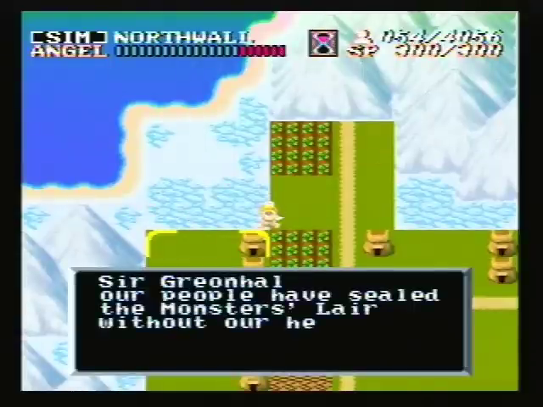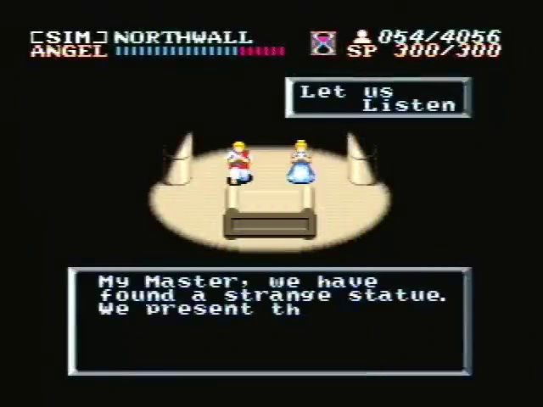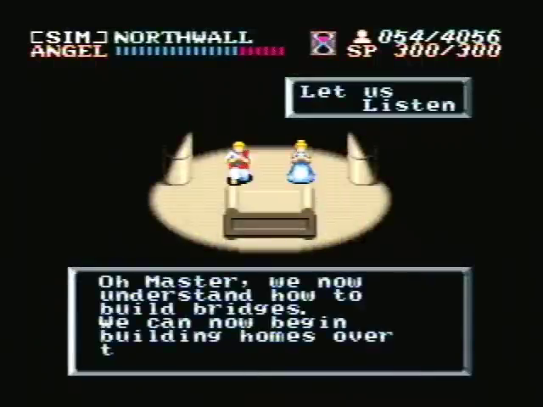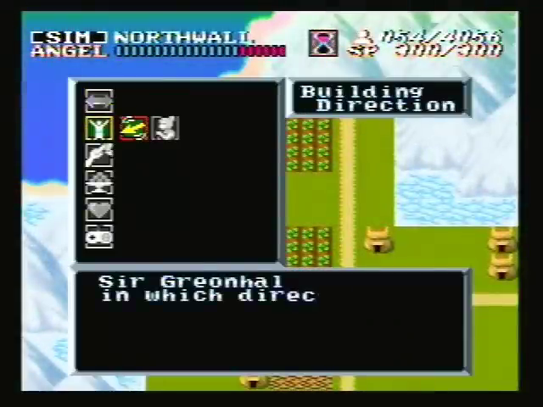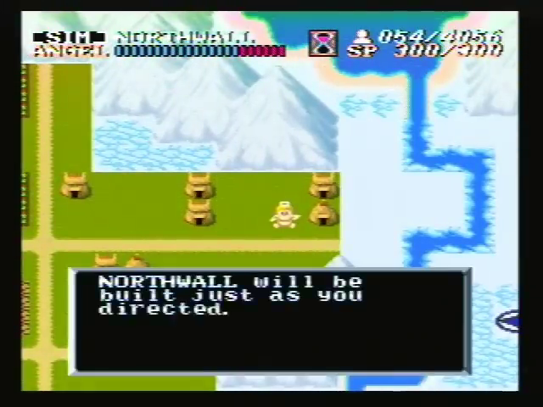And the ice stuff there, they can't actually build on that. It's just sort of there. They have a lot of stuff to tell me. Oh, they can build bridges. Excellent. So I can take the building direction back over here